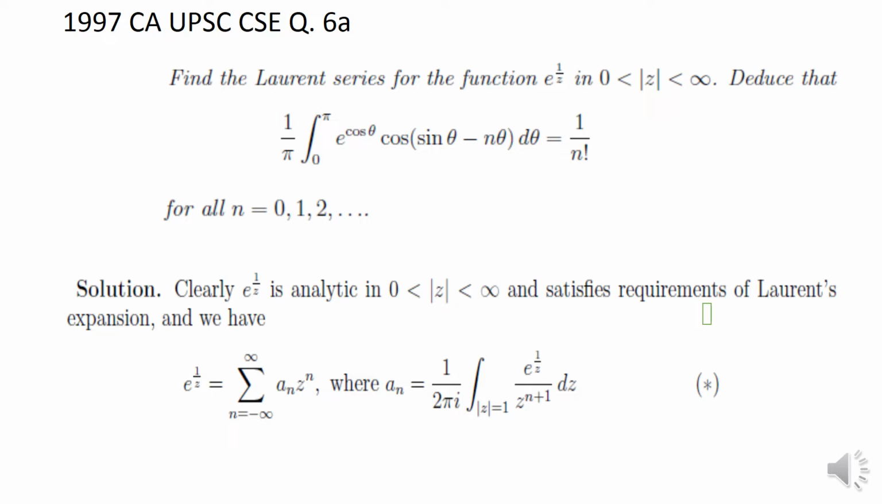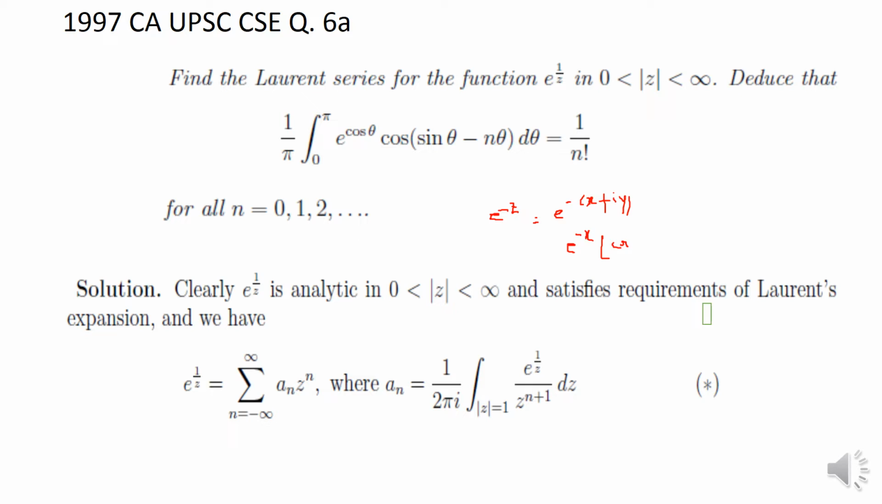So e to the power 1 upon z is analytic because we know this we can write as e to the power minus z, and e to the power minus z can be written as e to the power minus (x plus iy), which we can expand with the help of Euler's theorem. So we can write this as e to the power minus x into cos